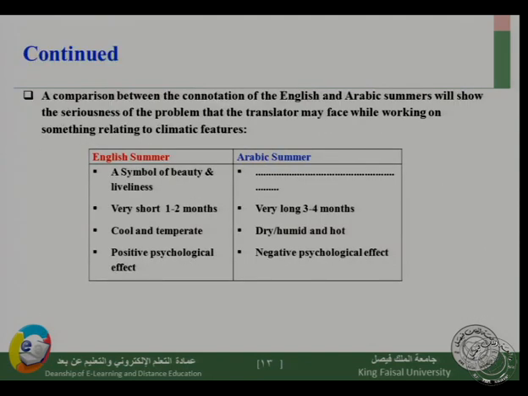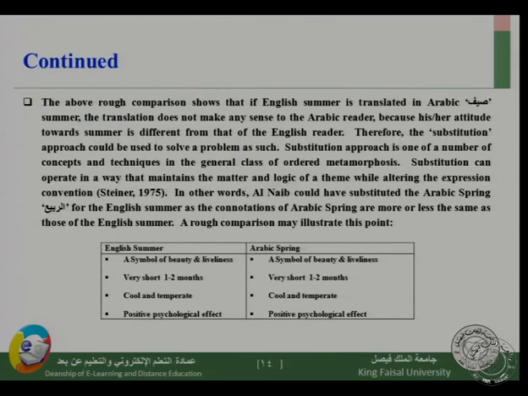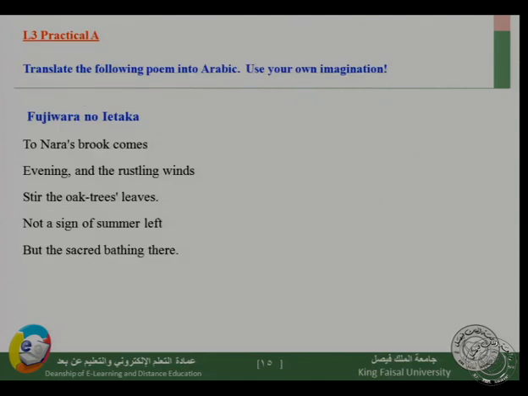Therefore, look, the English summer is equivalent to the Arabic spring. English summer, symbol of beauty and liveliness. Arabic spring, symbol of beauty and liveliness. English summer very short, 1-2 months. Arabic spring very short, 1 to 2 months. English summer cool and temperate. Arabic spring cool and temperate. English summer positive psychological effect, and Arabic spring positive psychological effect. So I hope that you have got the message now and grasp the meaning of